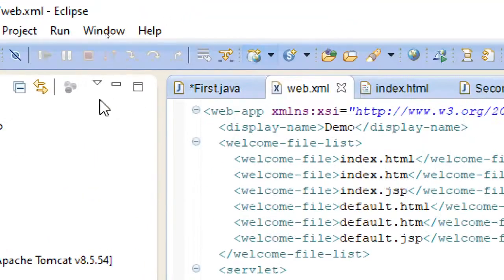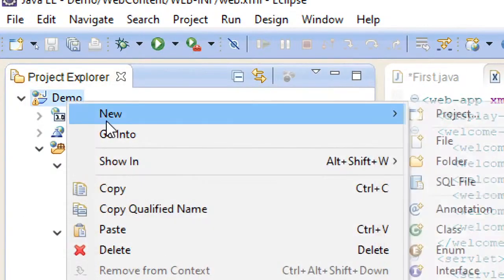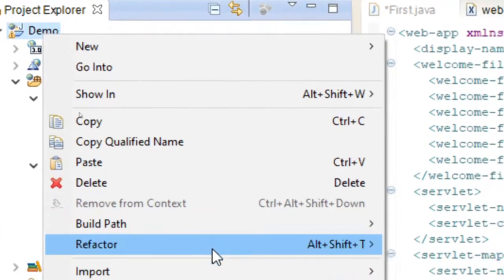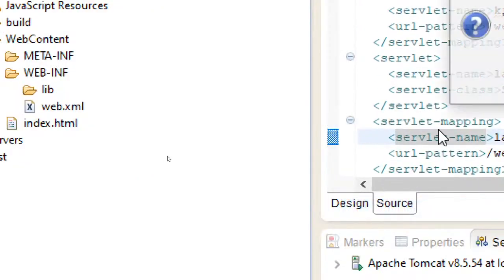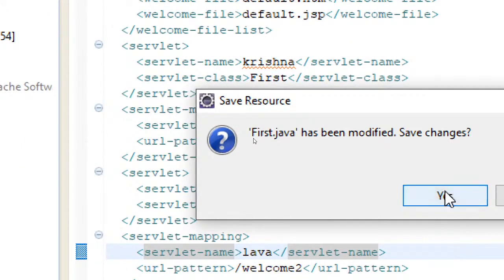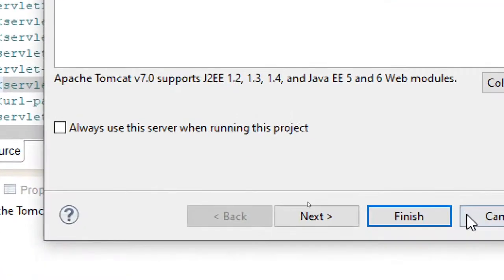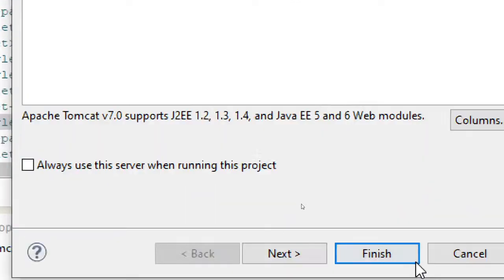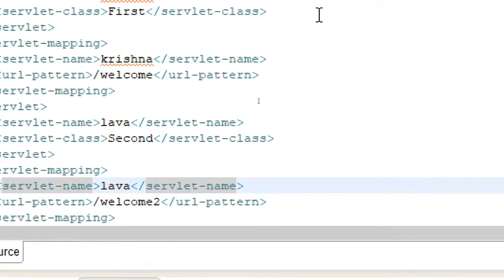Now let's run this and see how it works. I'm just trying to show you how you use the request dispatcher. Run as, run on server, yes. Again it's asking for Tomcat, obviously, yes. Finish, restart server, okay.